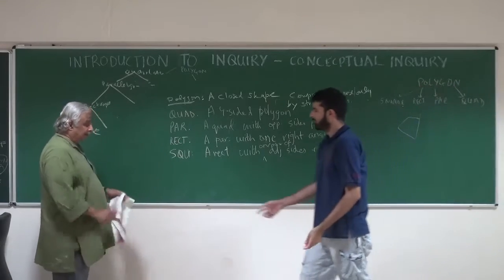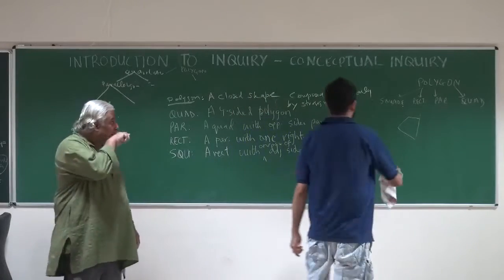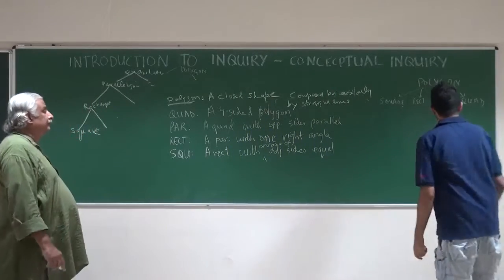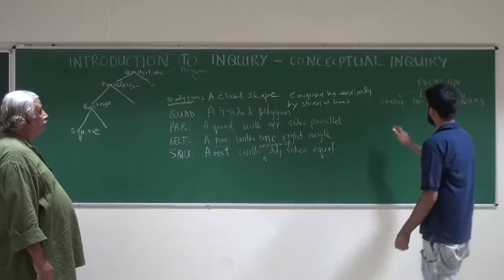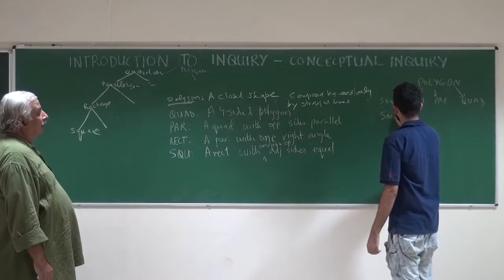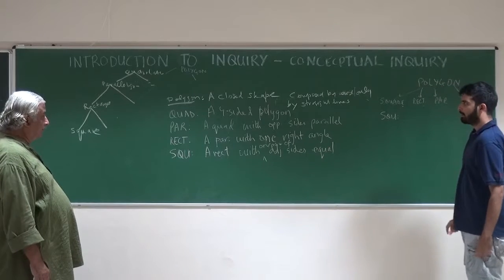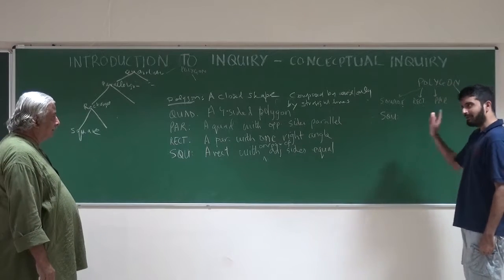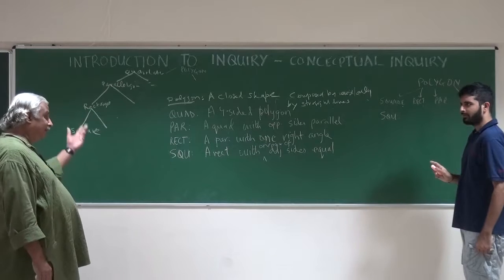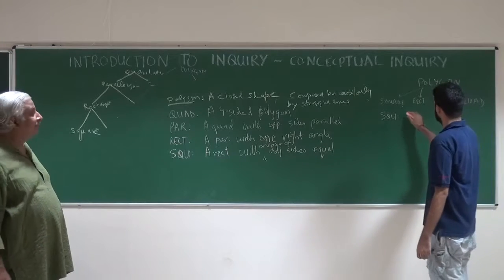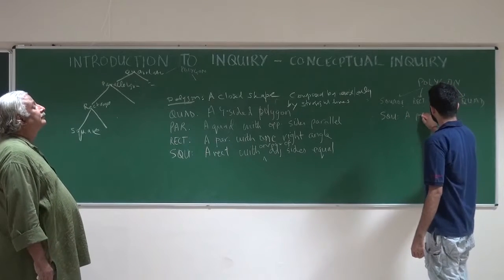Now let's see if the same thing happens here. This looks like a very simple situation. So what's a square over here? Why don't we begin with the quadrilateral? I'm suggesting we begin with a square. We'll see why in a bit. A square is a polygon with four sides,